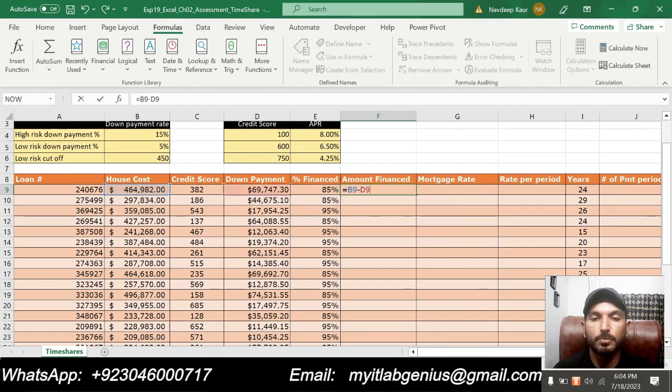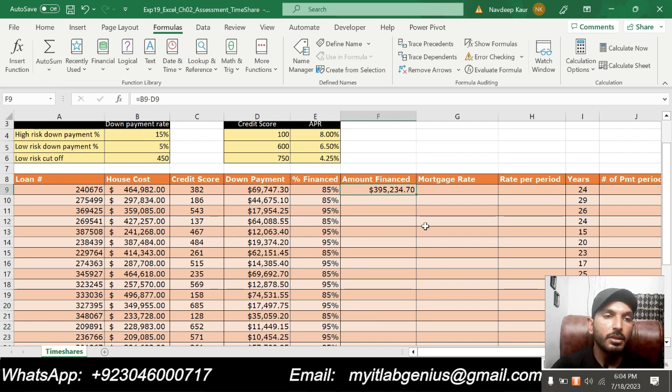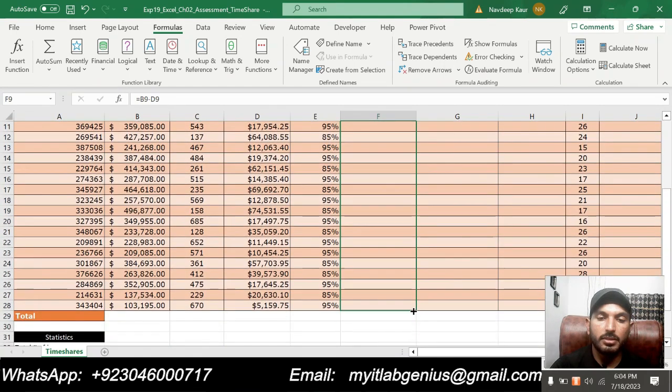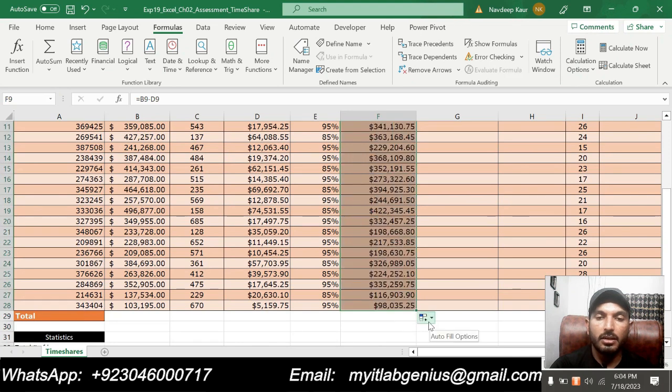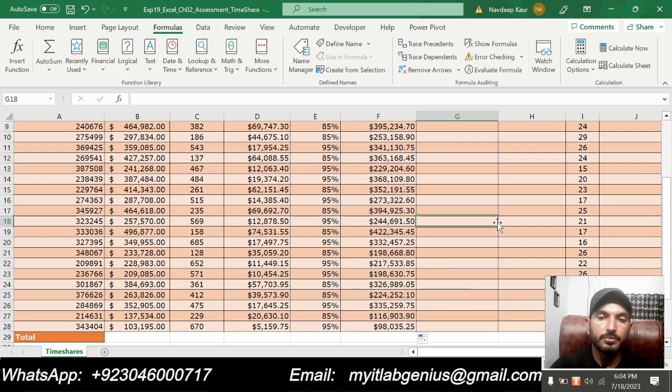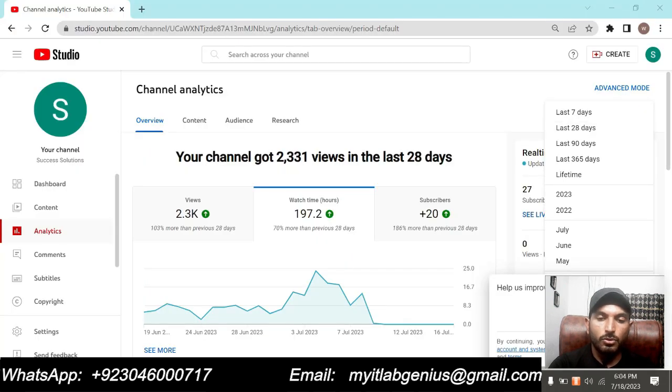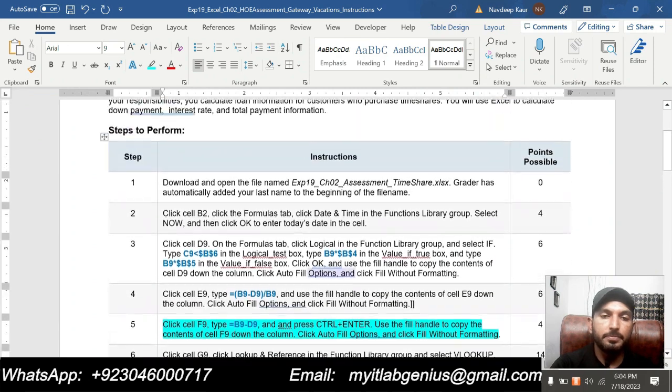And we are supposed to press Ctrl plus Enter and we will get this value. So again we will use the fill handle to get the other values in this column. So let me complete this. And again we will click on this arrow symbol to select fill without formatting. So we have completed